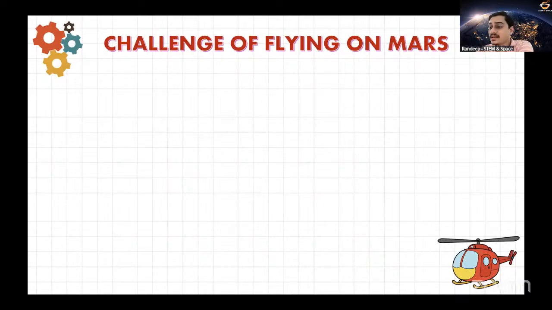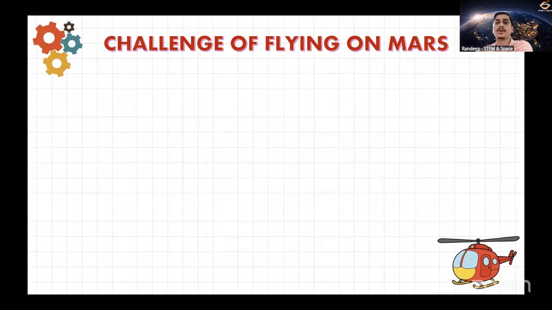So Keshav is actually answering, and that is absolutely correct. And that is the thin atmosphere. While the gravity is also less, that is also correct. Kundan is saying, isn't the gravity different? That is absolutely correct, Kundan. How will the helicopter work? But gravity is the second of our worries.